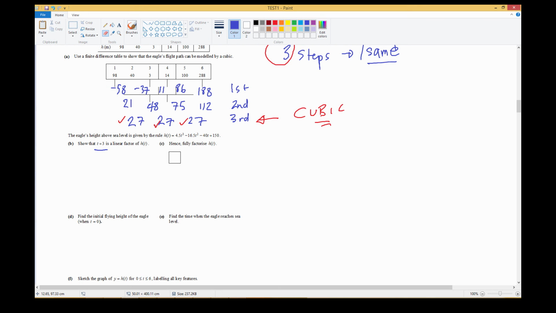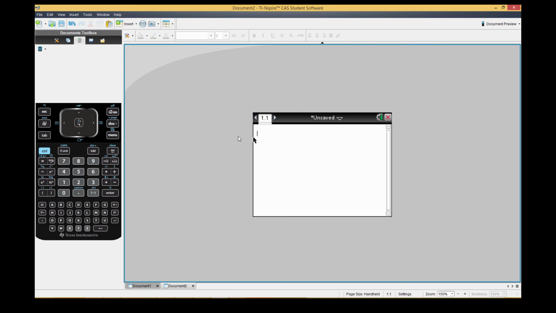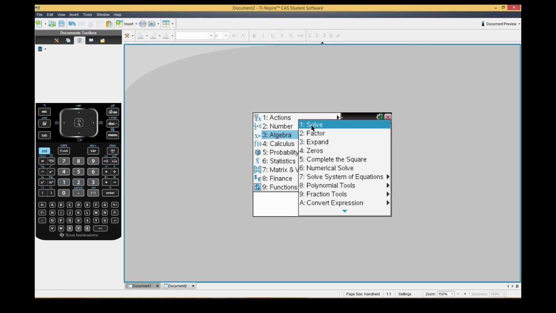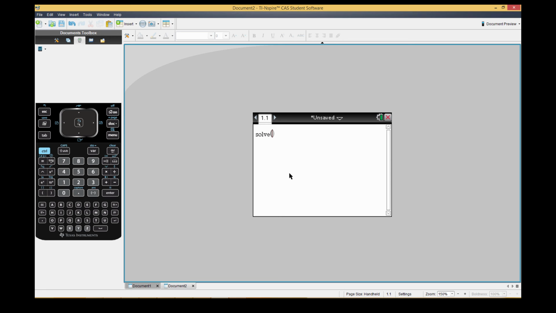All right, question C. It's asking us to fully factorize, but here we're just going straight into the calculator, letting the calculator do it for us. I'm not going to go into a long division here. So we go to menu, algebra, solve, and the equation is